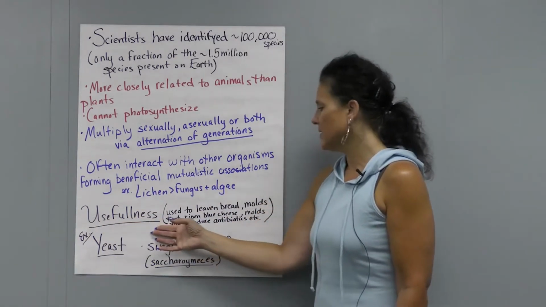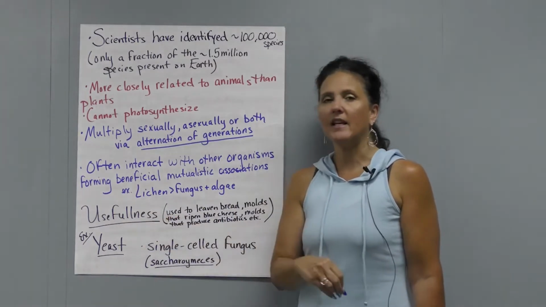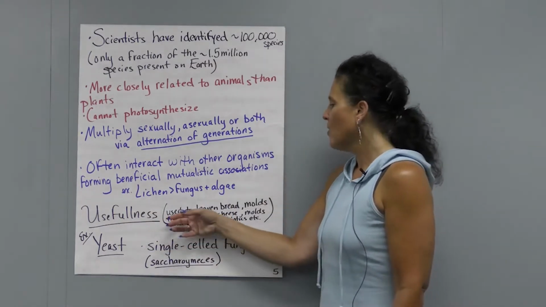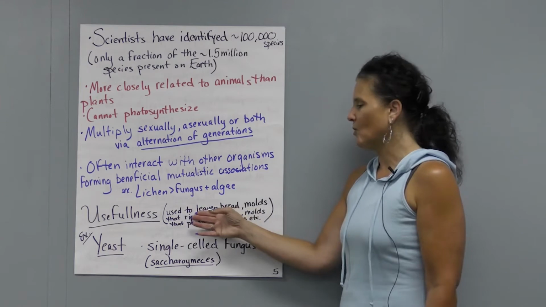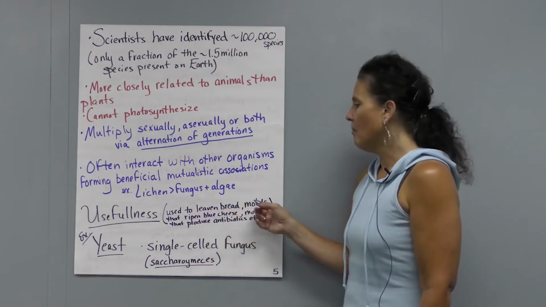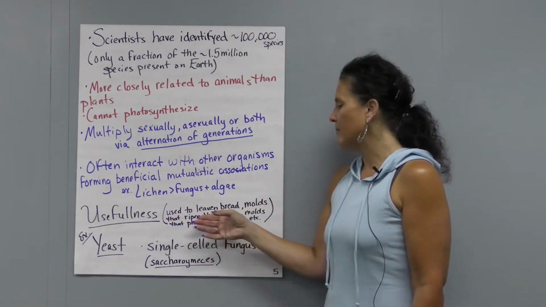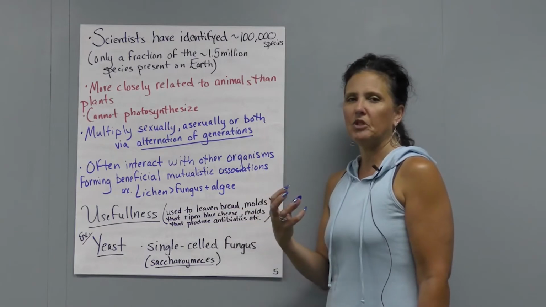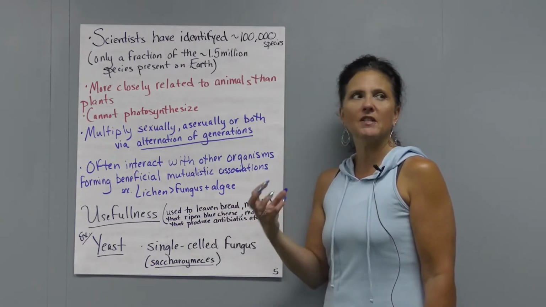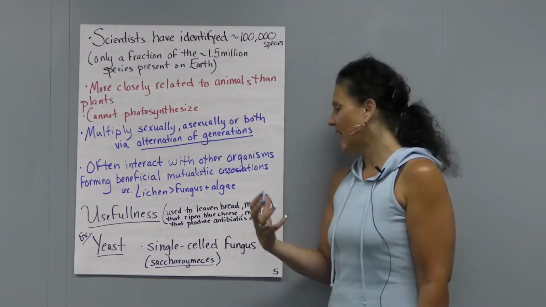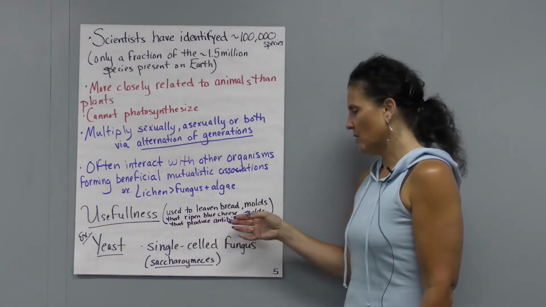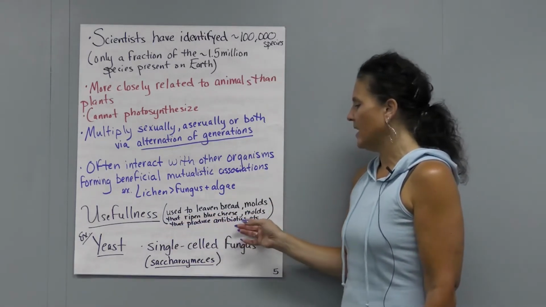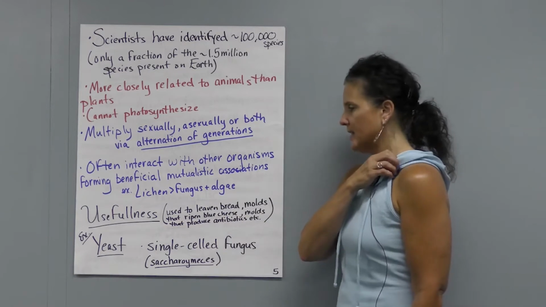The usefulness, right? We're going to look again at that yeast I talked about in the beginning. We use it to leaven. That's what we call leavened bread. Molds are used to ripen things like blue cheese. If any of you eat blue cheese, it kind of has that pungent smell and that acrid taste. That's from the blue cheese, right? And then those molds, they produce antibiotics also, like penicillin.